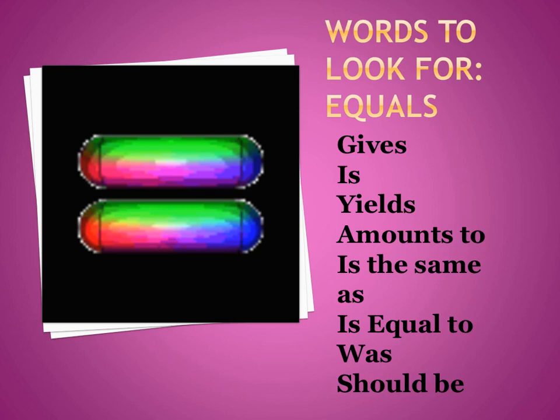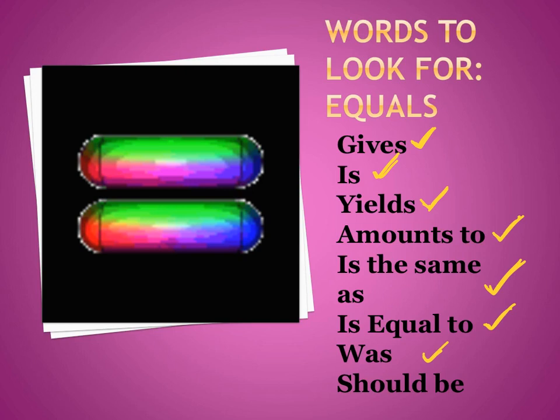There's one last thing. Words to look for when we are trying to say that things are equal. You could use the word gives, as in x plus 6 gives us 8. The word is means equal. Could say yields. Two things yield to an amount. This amounts to, is the same as, is equal to,